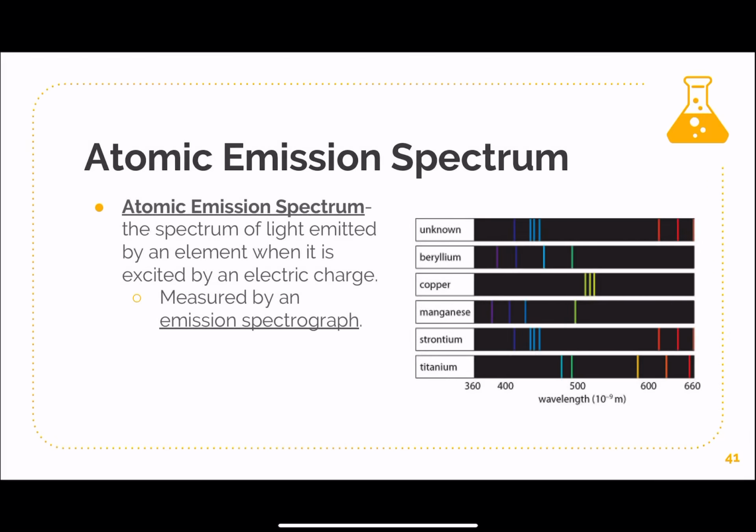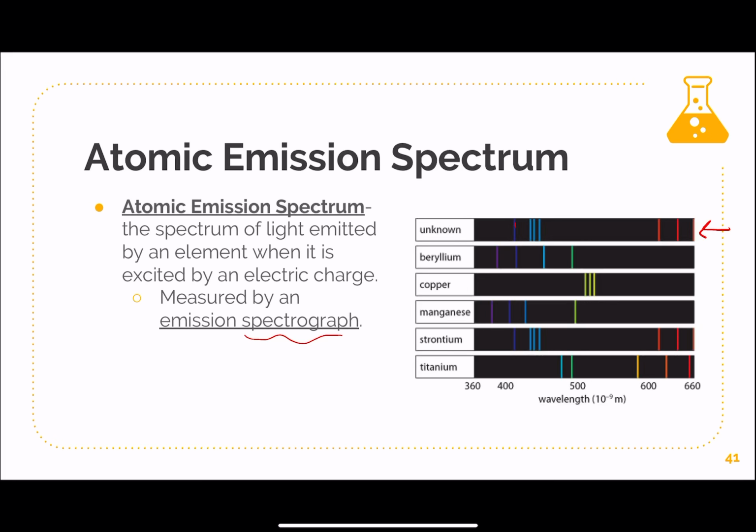Now, different gases or elements produce what's known as the atomic emission spectrum. Certain gases can be characterized or identified by their emission spectrums. So if you take an unknown gas like this, and you characterize it on an atomic emission spectrum by looking at its excited electrons in what's called a spectrograph, done by a machine called a spectrophotometer,